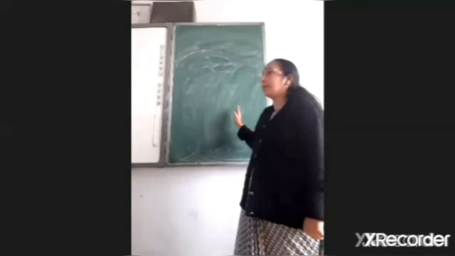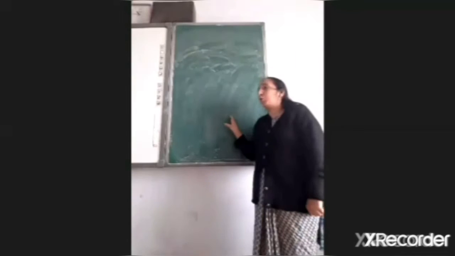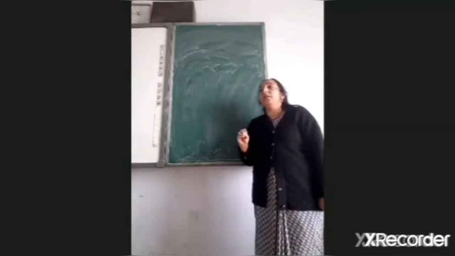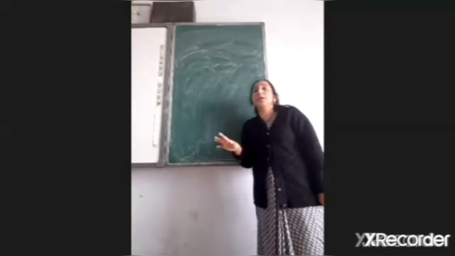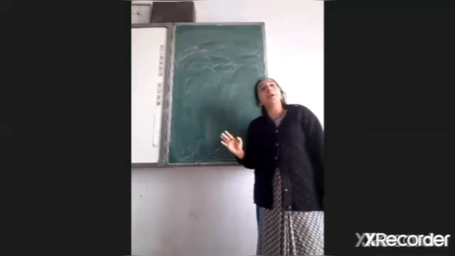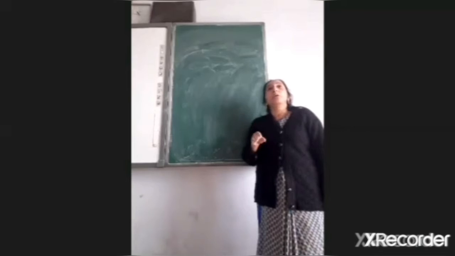कैसे हमें पता चलेगा कि ये convex lens है और ये concave lens है. So how we will distinguish? If we will find always image diminished, that means we have which type of lens? We have concave lens. और अगर हमारे पास enlarged image आती है, that means we have convex lens.